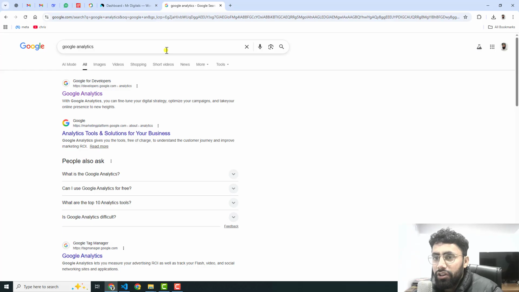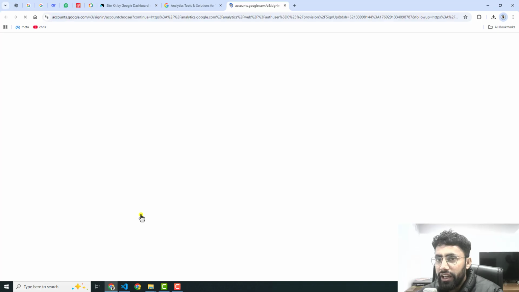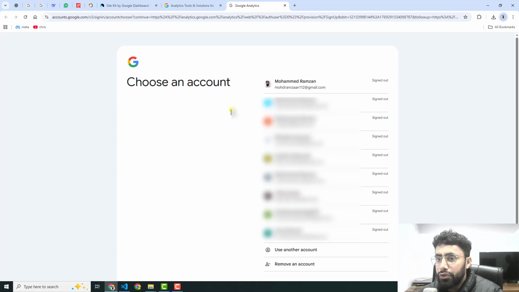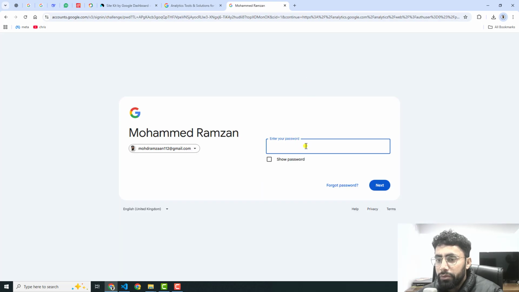Once you search in the browser, you will get this first link, Google Analytics. You will be redirected to this screen, and here you can see we have an option of Get Started Today. So just click on this button, and then you should choose a Google account. Let me choose this one for now, and then you need to put the password,